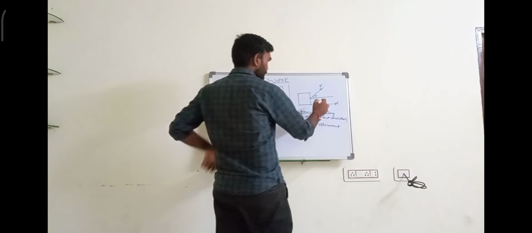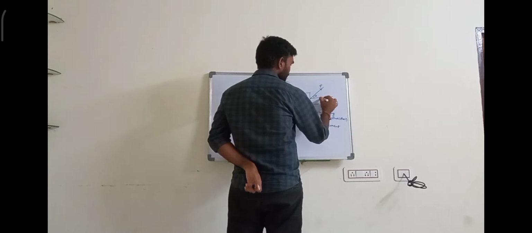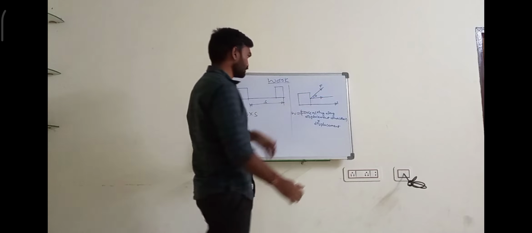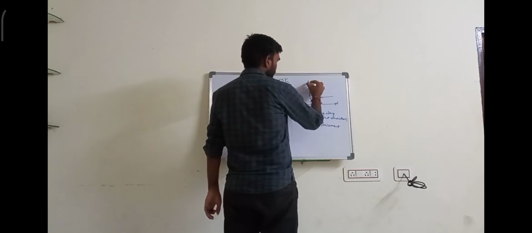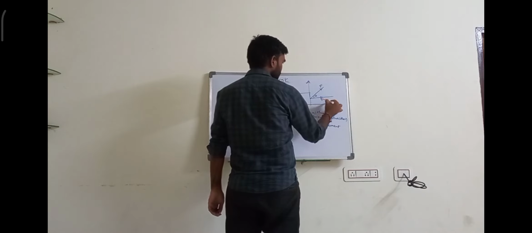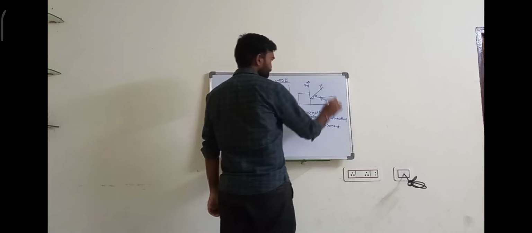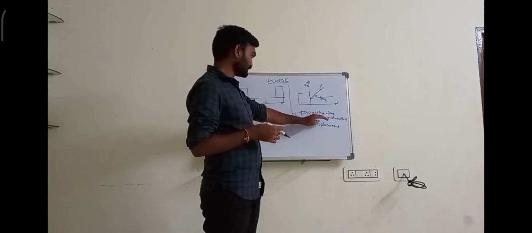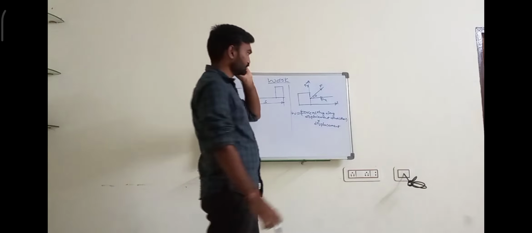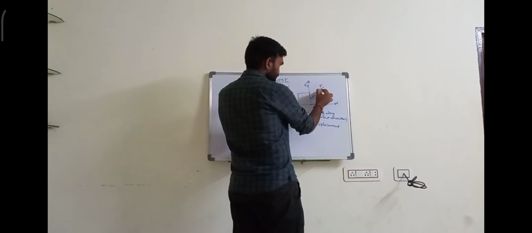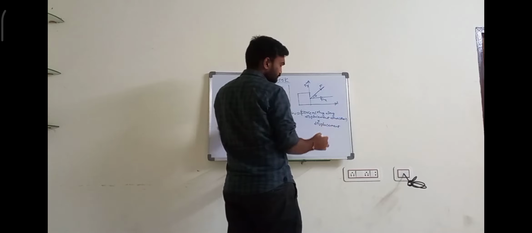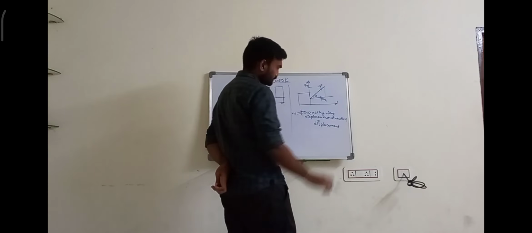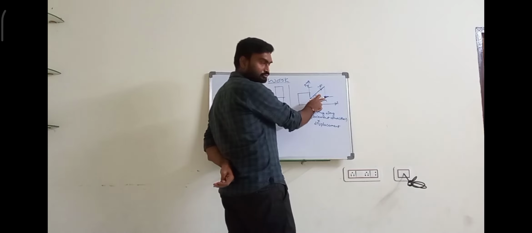So here we need to find the horizontal component of the force. The force has a horizontal component and a vertical component. So it is Fx and this is Fy. To use the formula, we need to calculate the force along the displacement direction. So here we need to find the horizontal component of the force, the component along the displacement direction.